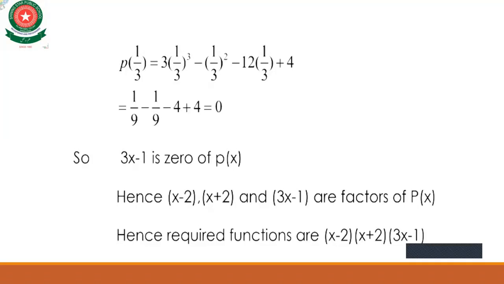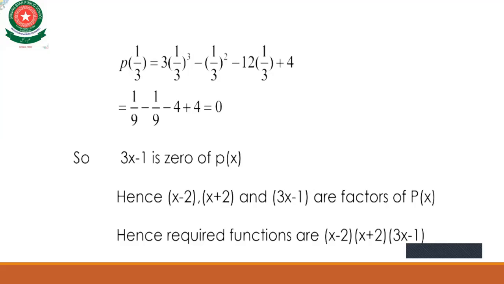That is equal to 3 cubed, which is 27. As you know, 3 by 27 is equal to 1 by 9, and 1 by 3 squared is 9. So 1 by 9 minus 4 plus 4, because 3 fours are 12, minus 4 and plus 4. As you can see, one fraction is positive and one is negative. The plus 1 by 9 and minus 1 by 9 will cancel, and minus 4 and plus 4 will also cancel. The remaining will be 0.